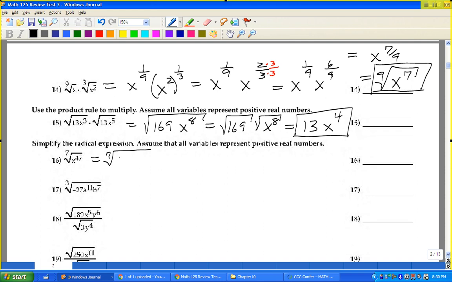Well, x to the 42 times x to the 5 is x to the 47. And 42 is divisible by 7. And so this is equal to